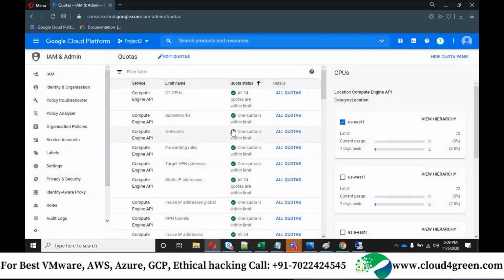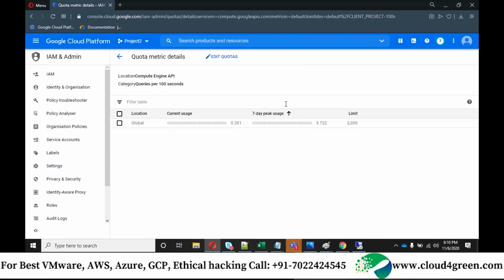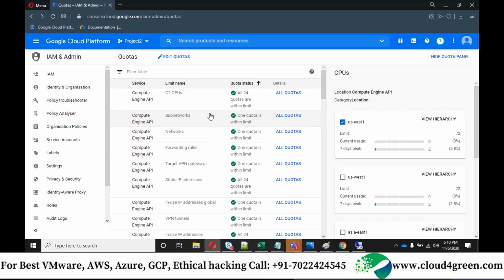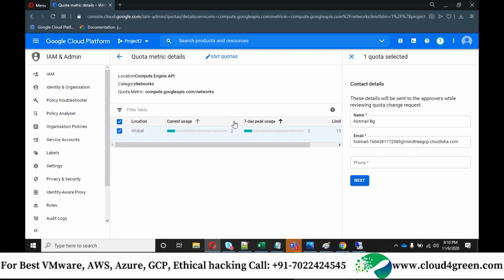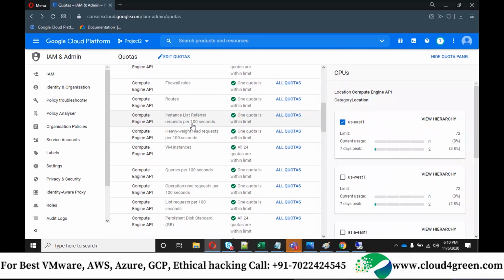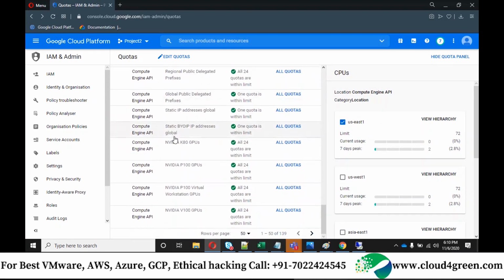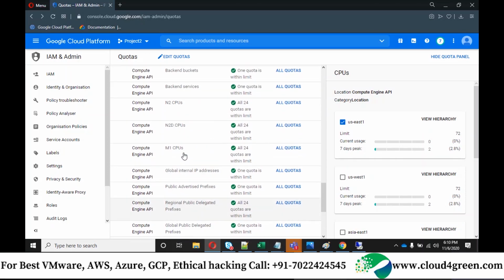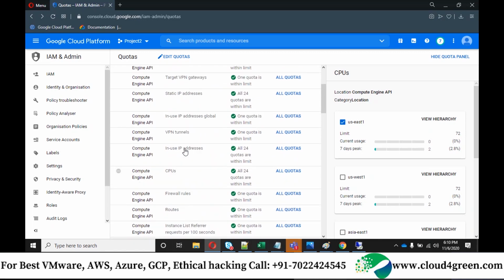I want all of you to take 5 minutes and look into each quota here. People usually use the quota section when they want to enable GPU.